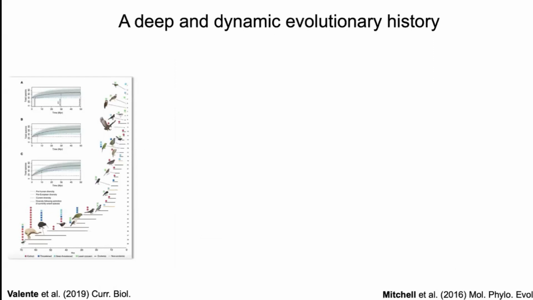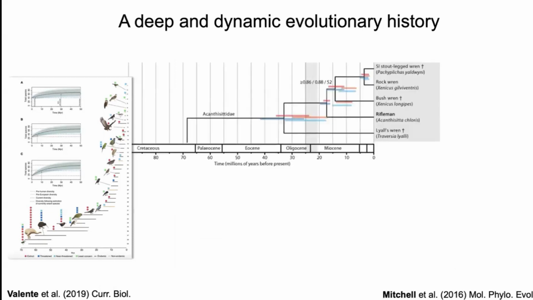So we've got a whole lot of these Lilliputian fauna that have this really deep evolutionary history, but we haven't actually been able to touch them, like the wrens, for example, because they're so small. If we try to take samples, we're going to destroy specimens. So we know that our acanthisittid wrens are the most primitive passerines or perching birds in the world. They've been in New Zealand for nearly 70 million years. And we know that two lineages, your Lyell's wren and your lineage that led to your rifleman, bushwren, rock wren, stout-legged wren, two lineages got through the Oligocene drowning